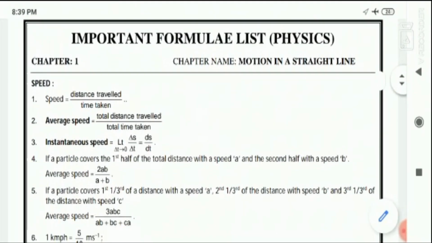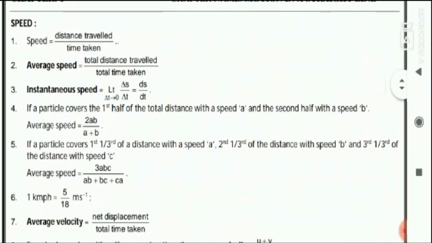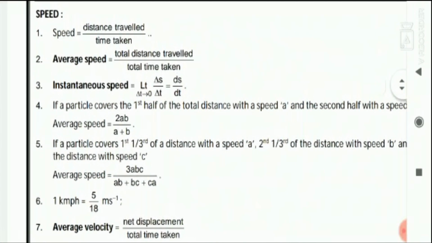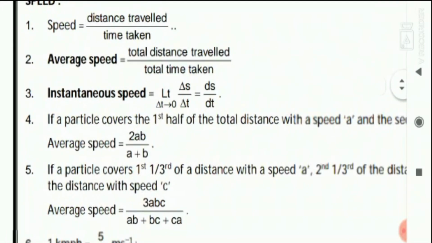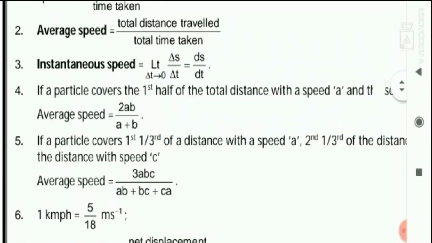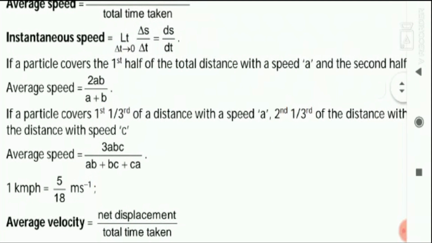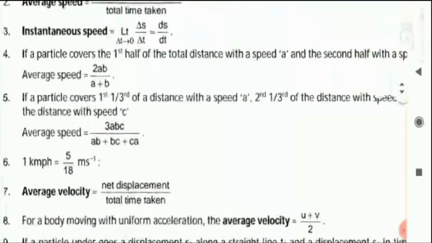Now the first simple formula, speed is equal to distance traveled by time. You know well, average speed is total distance traveled by total time taken, and instantaneous speed is equal to limit delta t tends to 0, delta s by delta t is equal to ds by dt. These are all fundamental formulae, but this is a very useful formula. The next one, if a